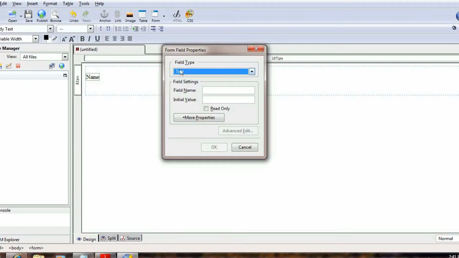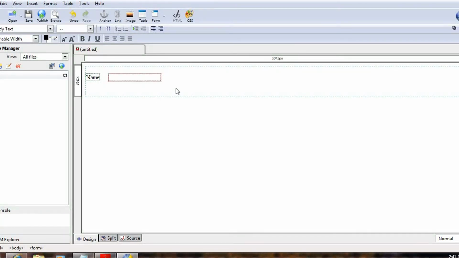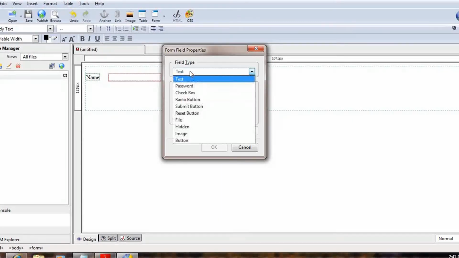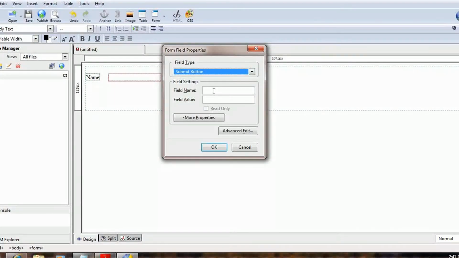I want to create a text box whose name is name, and I click on the OK button. Then I press the enter key, go for some space, and create a submit button over here. Form field, submit button, field name submit, value submit, OK.